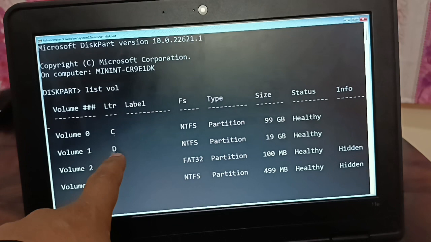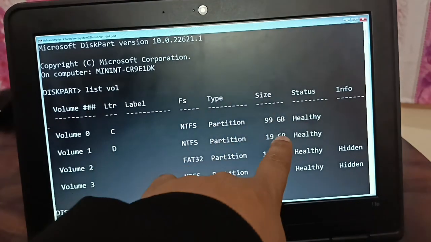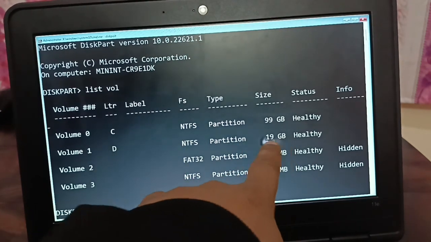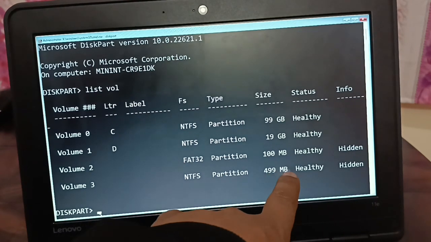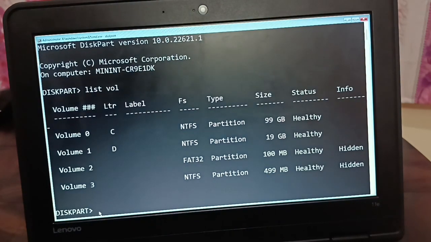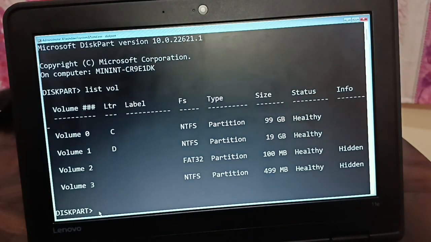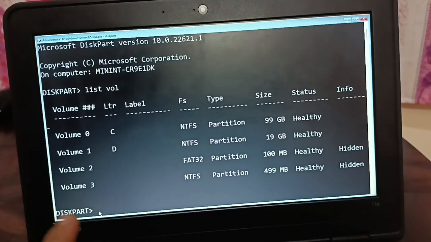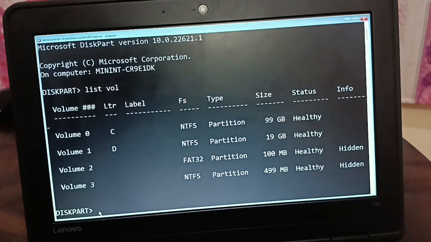Of these volumes, this is the C drive where I have my operating system. You can notice 19 GB, so I know this is the drive where I was having my different files. And these two drives, 100 MB and 499 MB, are some kind of system files or recovery. So let me check it. Since we do not have an assigned letter here,